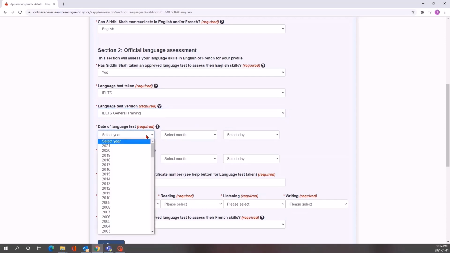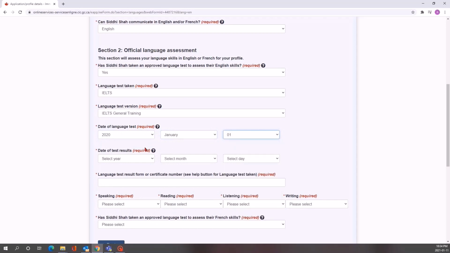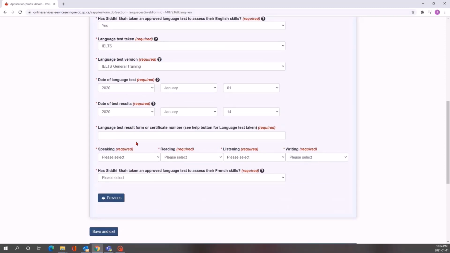Date of the language test. You will find all this information from your spouse's IELTS language results, so make sure you have the language result for your spouse. Enter the certificate number.